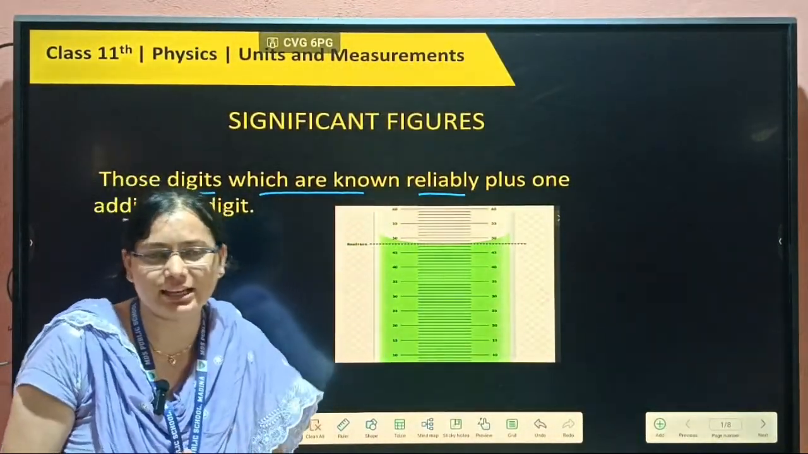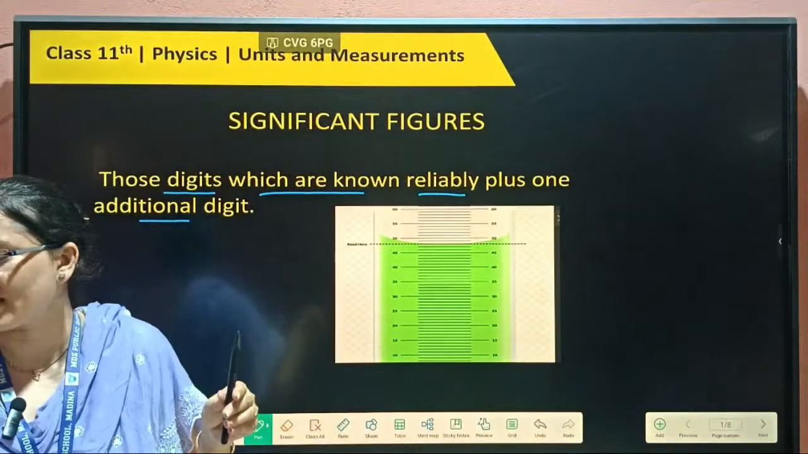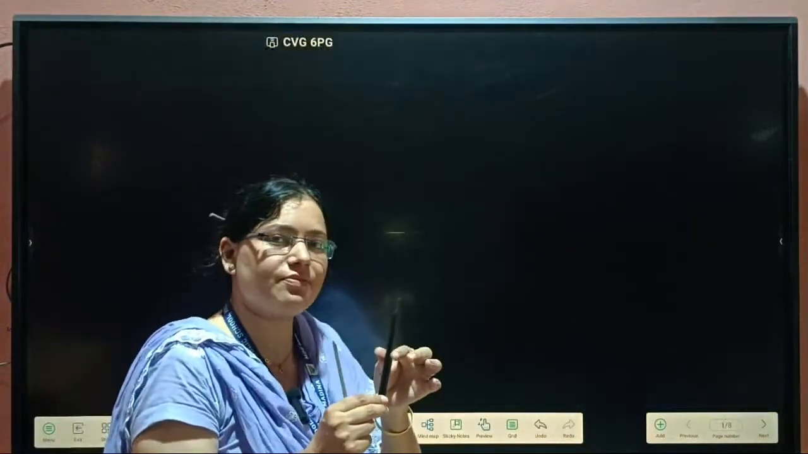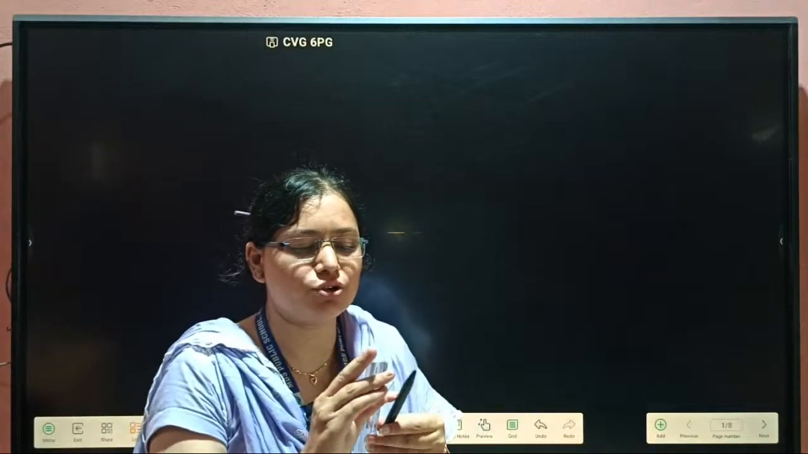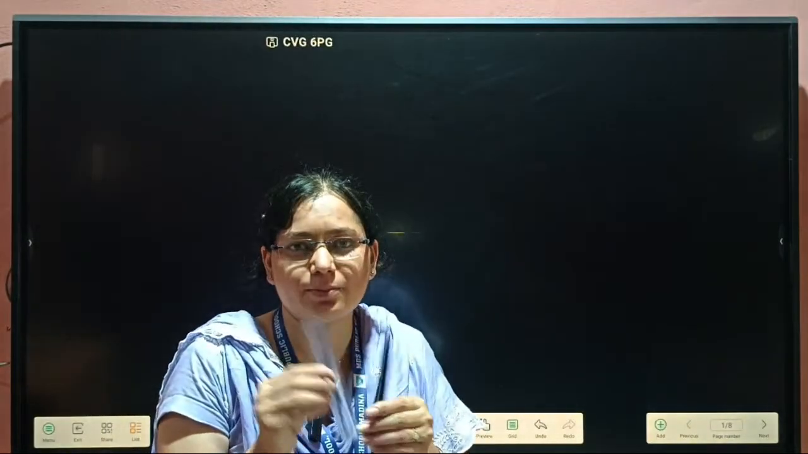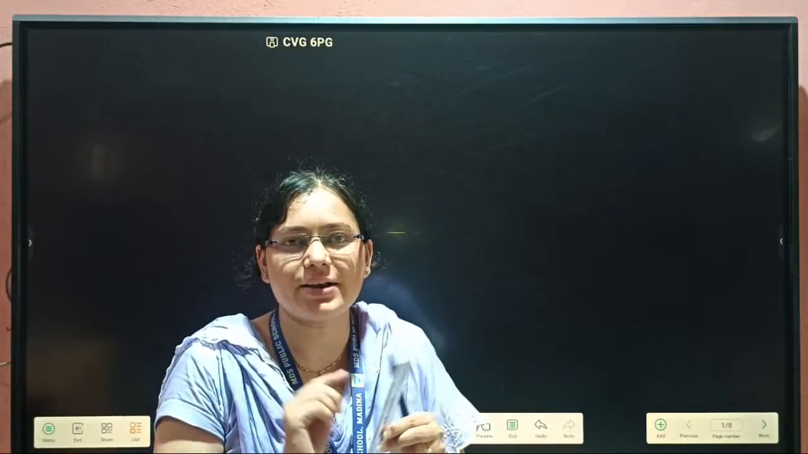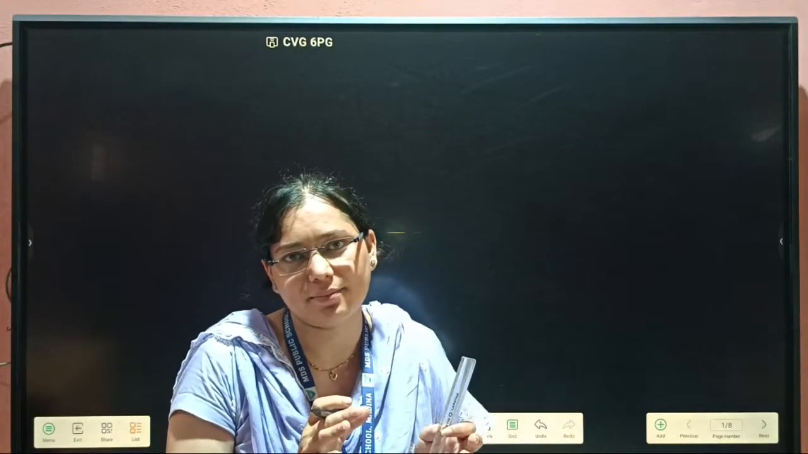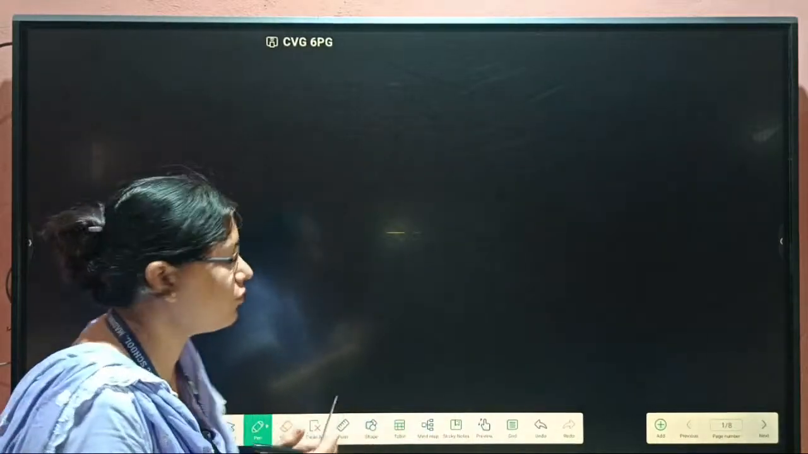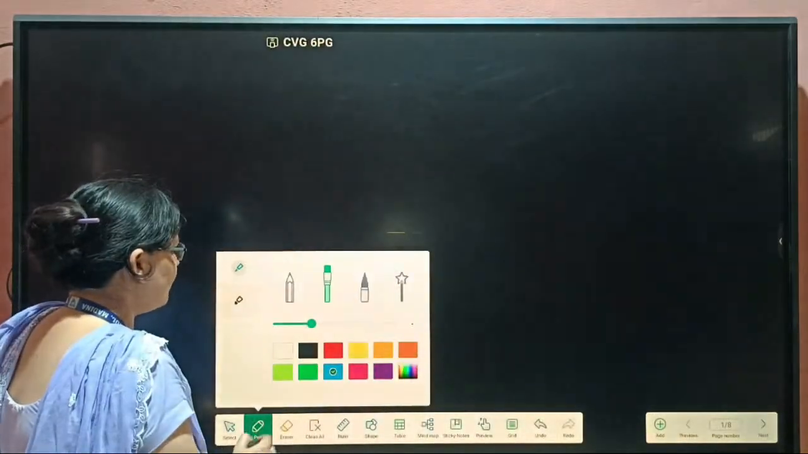For example, if you want to measure the size of this pen, then we use the scale. With the help of the scale, the measurement will give you only two significant numbers, and maybe three also. For example, its size will be